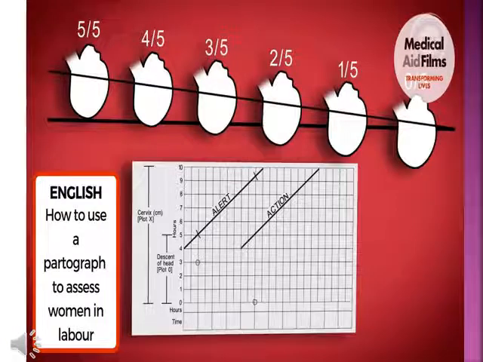In this diagram, you can easily identify how the cervical dilatation and the descent of head are plotted. In the first hour, the cervix is dilated about 5 centimeter. They have put a cross mark there, and the descent of head is 3 by 5. The second time when they do the PV, the cervical dilatation is about 9 centimeter, and the descent of head is at 0 station. This is how cervical dilatation and fetal descent are recorded in the partogram.